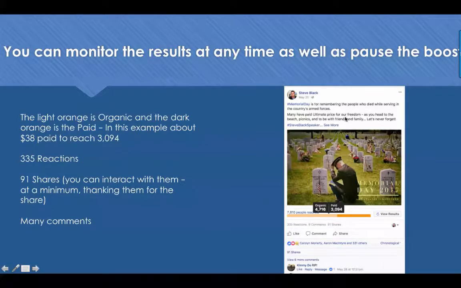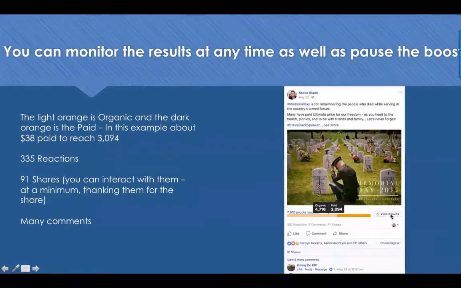And again, I'm looking at this right in my news feed. I'm able to see it. You're not going to see that when you look at the post. That's one important thing here. I look there to see how this post did. I don't even have to go into these analytics. I just look right here. I can see 7,800 people. I hover over it. I see how many were paid and organic, and I'm good.